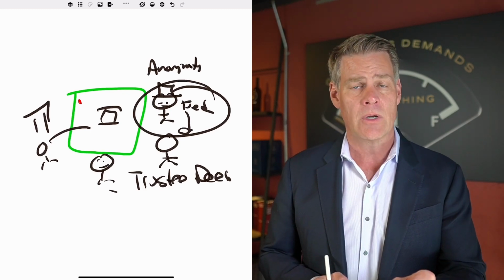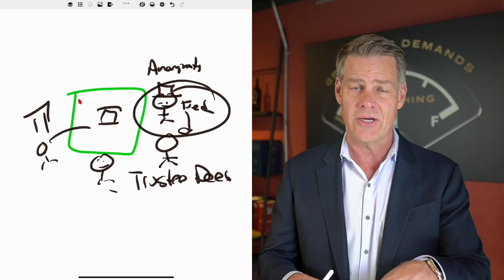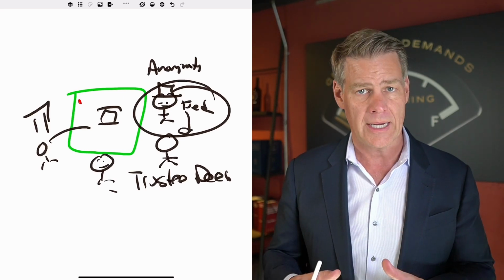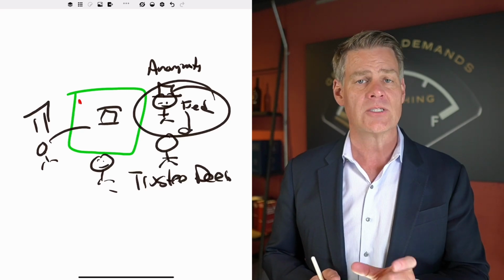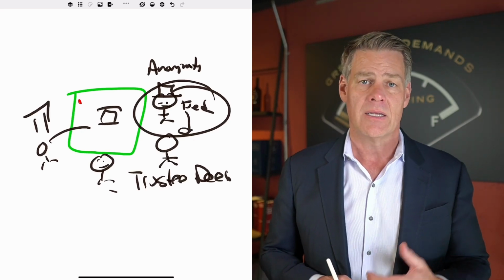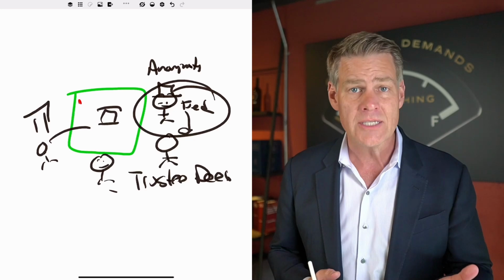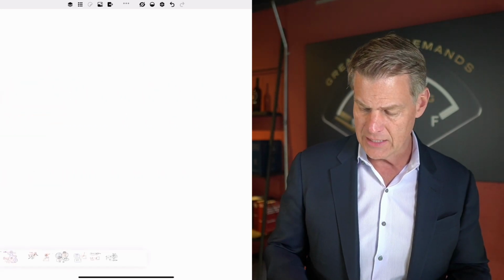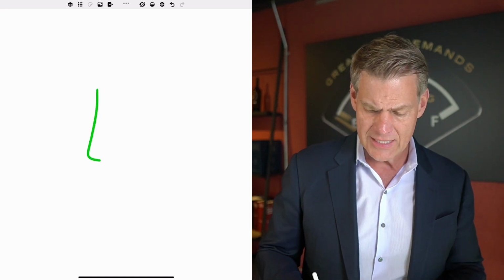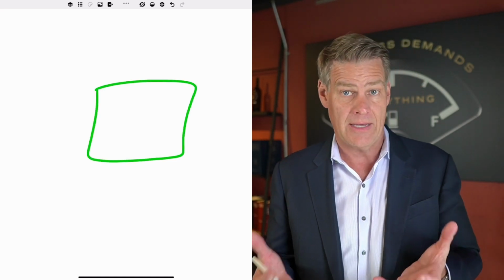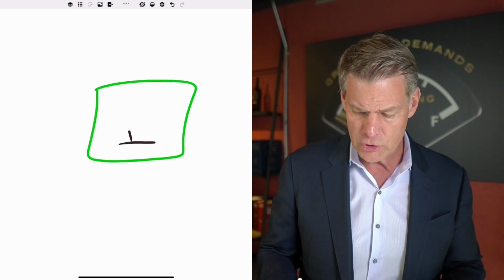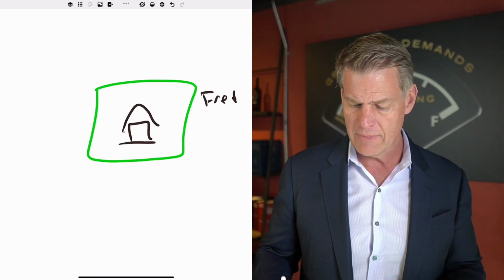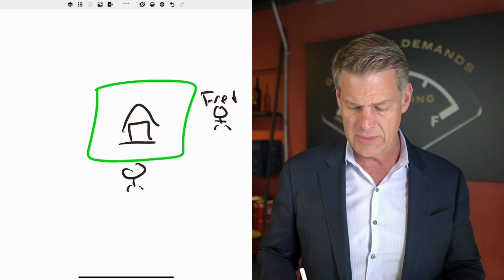Now, the last thing I want to bring to your attention here is that using a land trust for investment properties works great. However, where problems arise is where you have the creative investor that thinks to themselves, hey, it's working awesome for my investment property. I know, why not set up a land trust here because of the anonymity feature that I like, and I'll move my personal residence into this land trust. And again, I'll have Fred on there as my nominee trustee and I'll be the beneficiary.